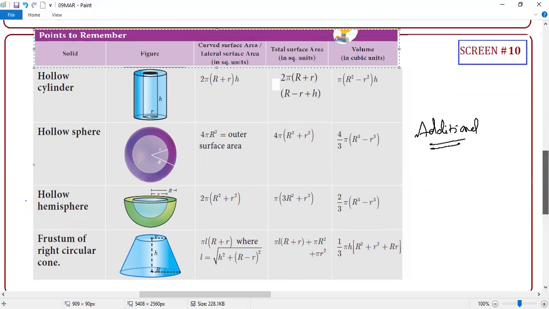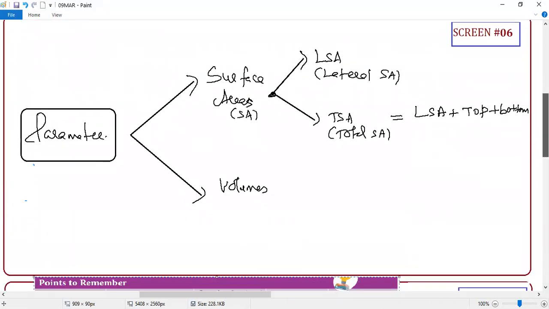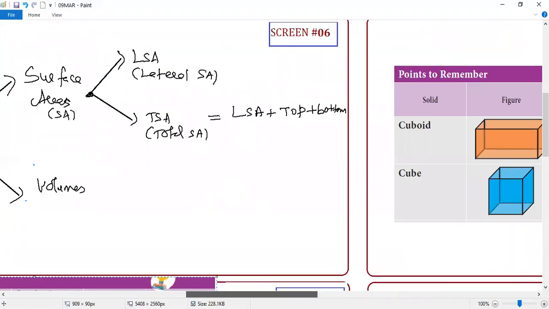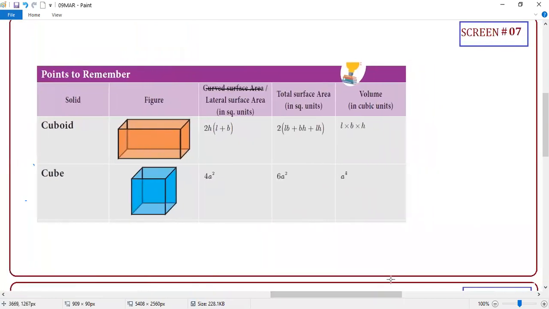What I'm trying to say is, wherever you want to say CSA, you can use LSA. Guys, LSA is a common word, like we are all Indians, correct or not? But we are all split according to the states, so the state name is a special name. So CSA is a special name given for LSA wherever the surface area is in the form of a curve. So in cube and cuboid, there is no curved shape, all flat surfaces, so you should not use curved surface area here.